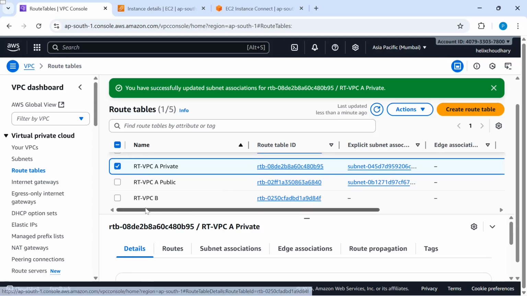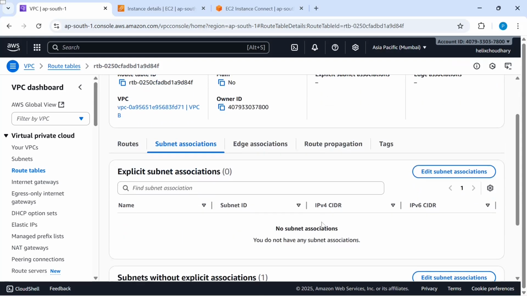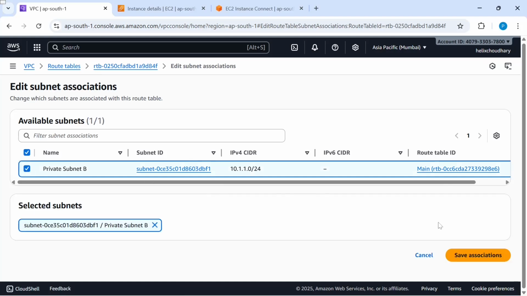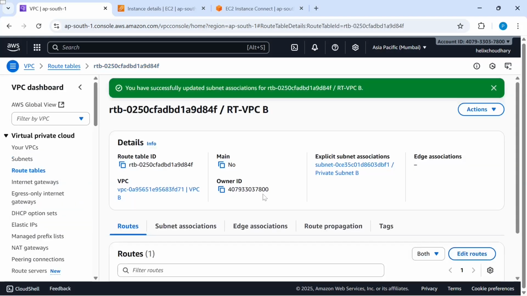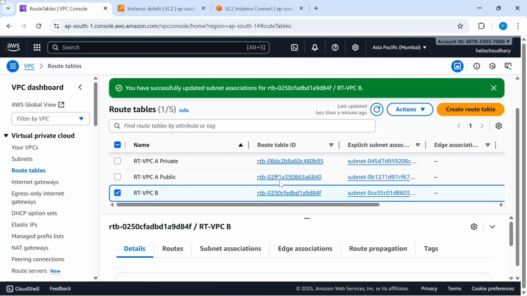This one is for RTVPC B. Okay. Let's go. Subnet association, edit subnet association, select private subnet B, save association. So we have associated all our subnets to the correct route tables. Now let's go to the route table A, that is RTVPCA public,